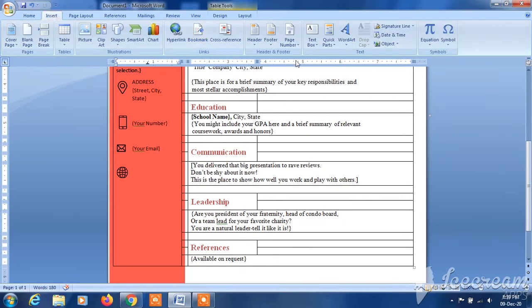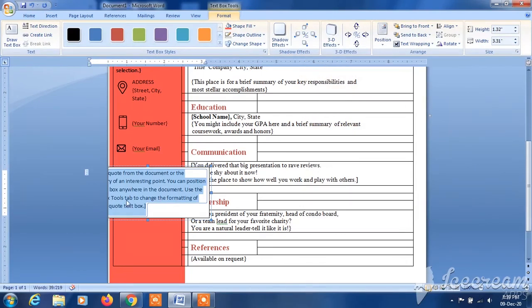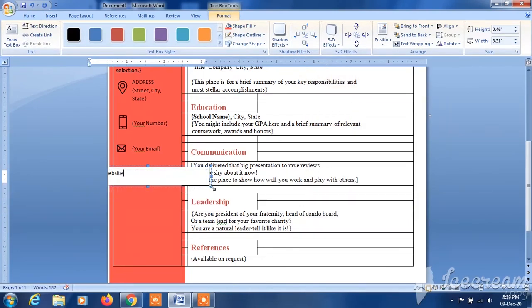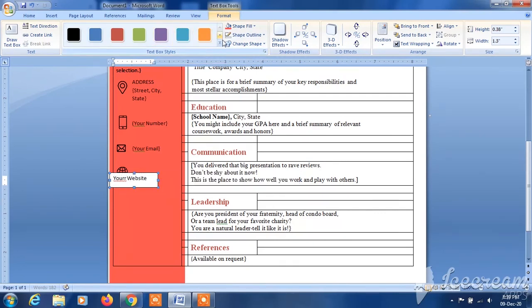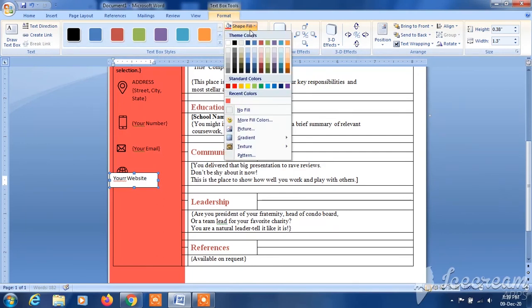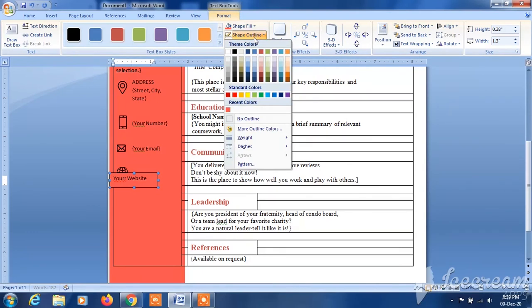Go to insert text box and click on simple text box, and you will resize the text box, move it to the center like this, resize it and fill it on shape fill, and you will change its outline by going to shape outline, click on no outline,